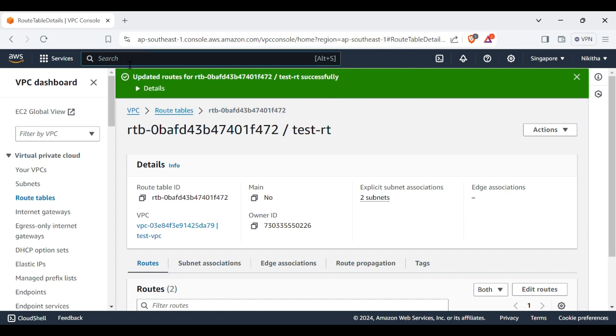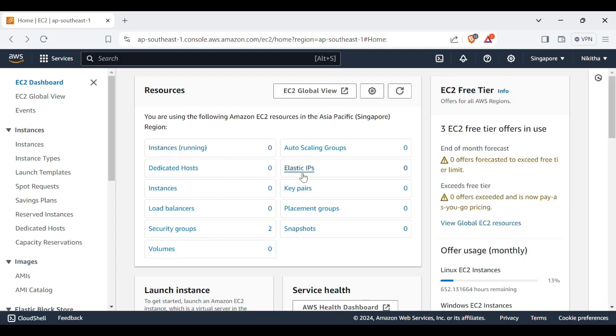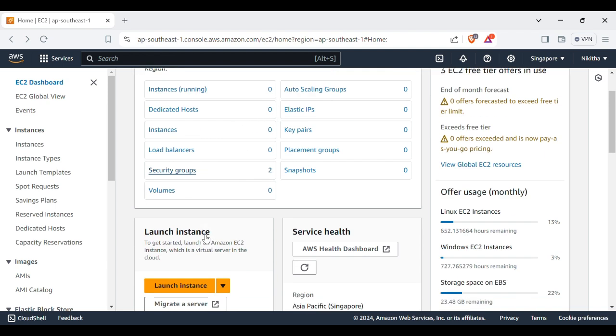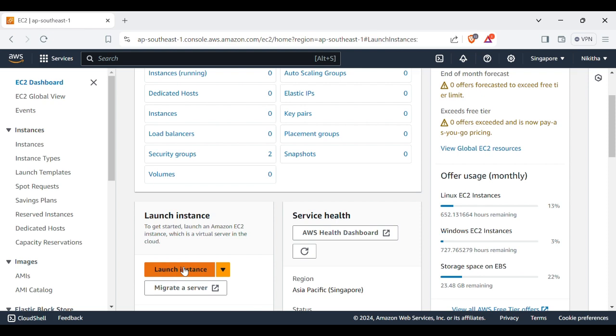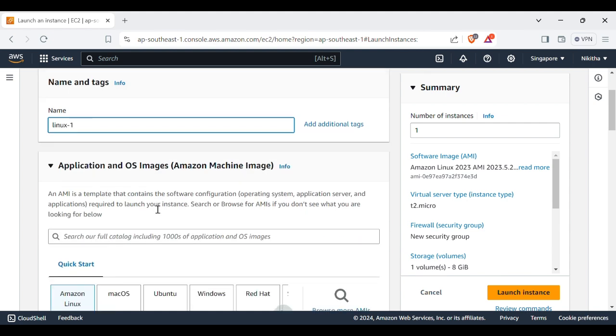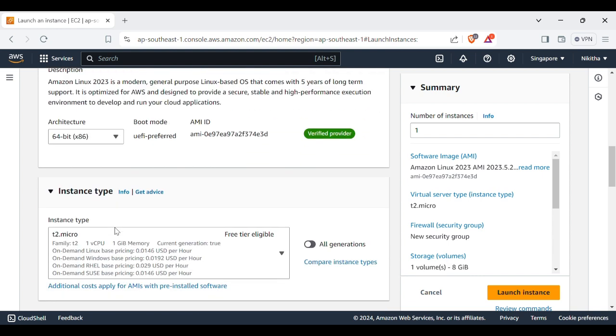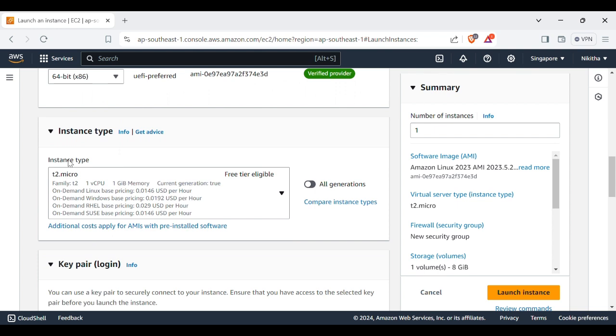For that, go to the search bar and type EC2, hit enter. You can see here I don't have any instances. So go and click on launch instance. I'm going to name it Linux 1, and the platform would be Amazon Linux. For instance type I'm going with t2.micro, which is free tier,